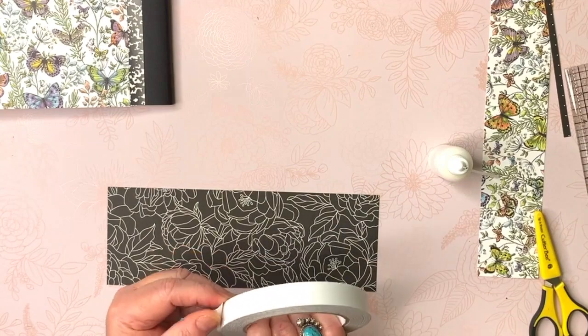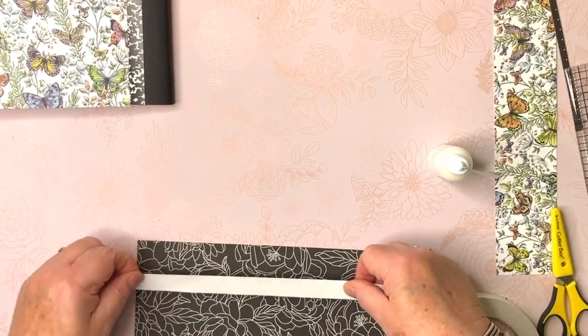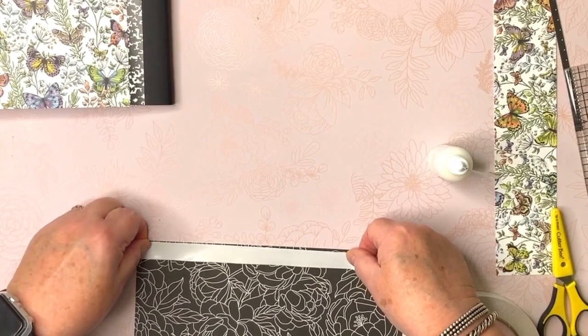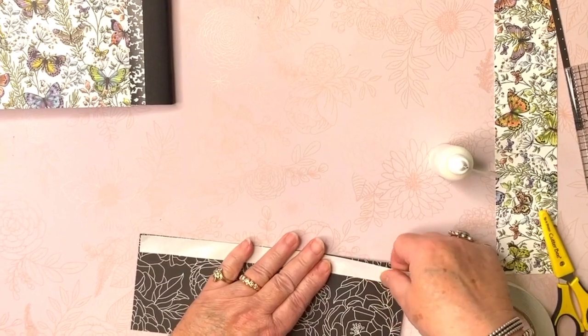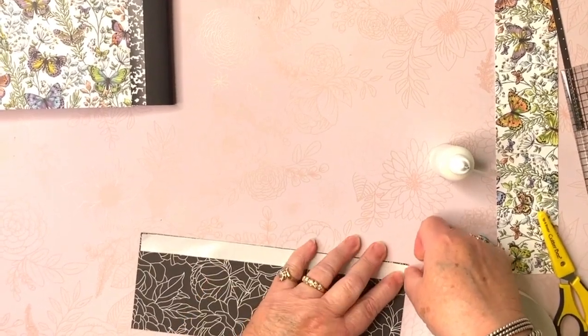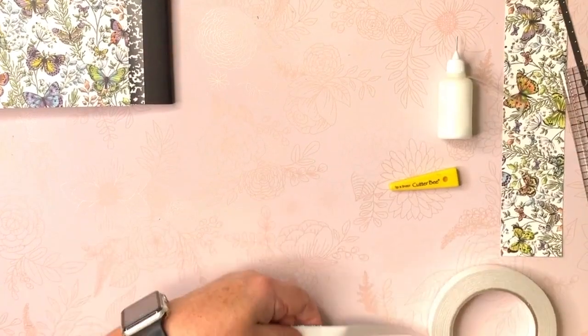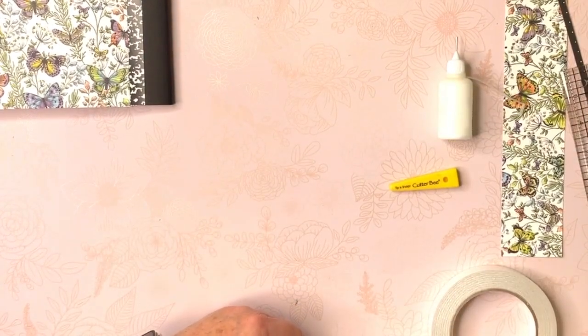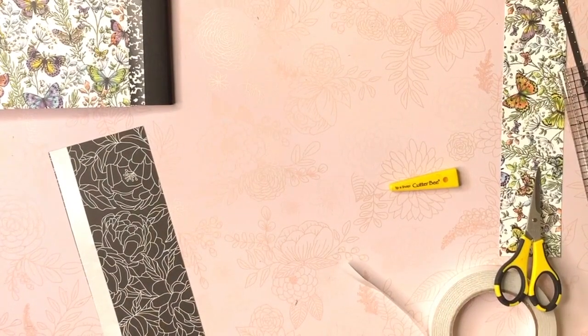Okay, so this time, I'm just going to put on some, this is kind of wide, but it's what I had. I'm going to put on just a double-sided adhesive strip, a little bit stickier, so that I think that spine is going to take a little bit of bending and whatnot, and I want to make sure that it stays on as good as possible. I'm trying to get my little,